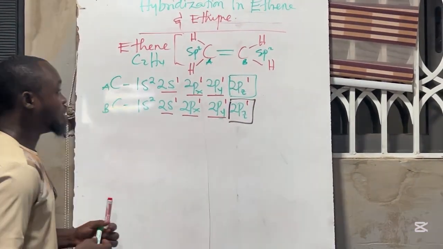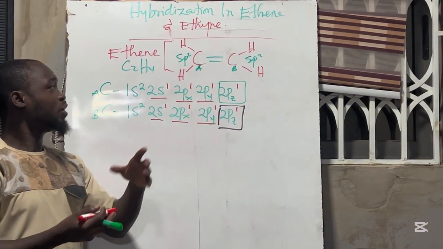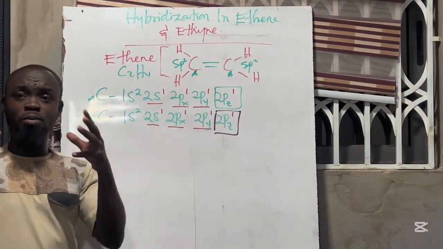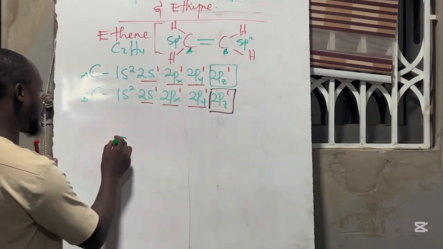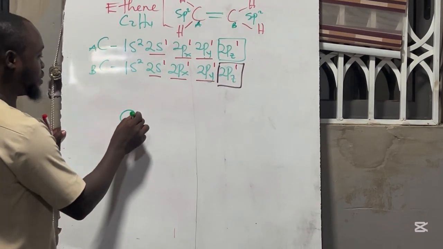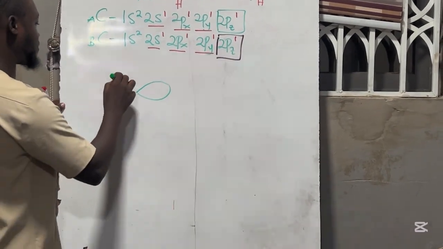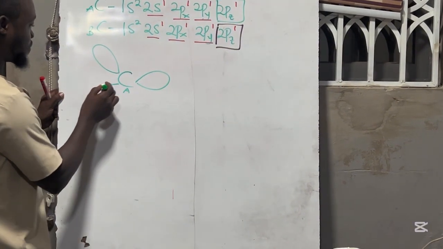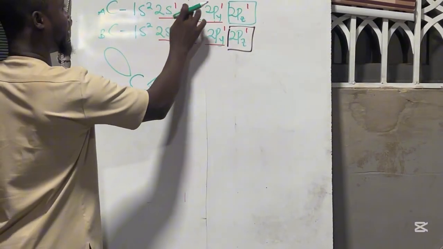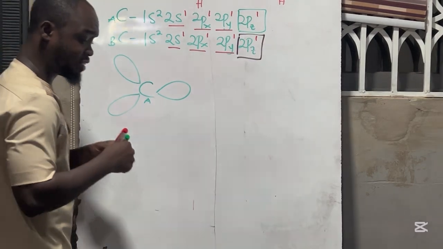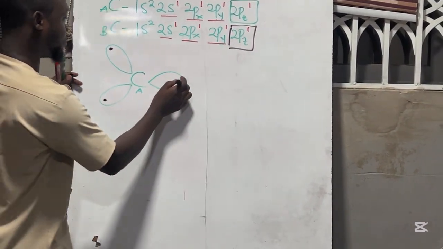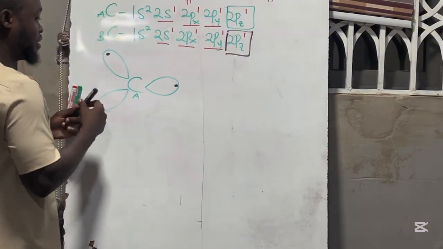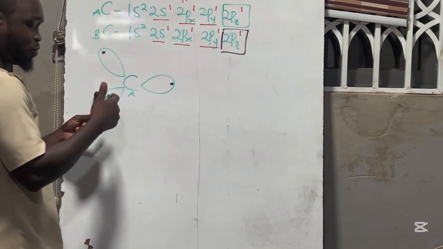Is that okay? Now, so we are going to draw the sp2 hybrid orbitals around the carbon A. So if this is our carbon A, the sp2 comes in the form of this. Don't forget, we have electrons. Yes, we are going to indicate the electrons as well. So we have one electron here. This is for carbon A. And then when we move on to carbon B,